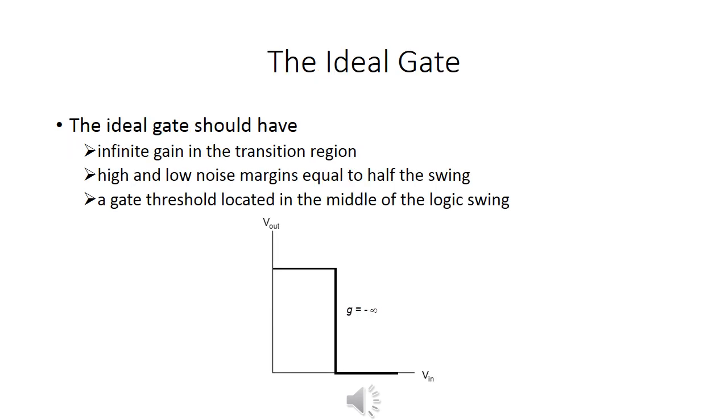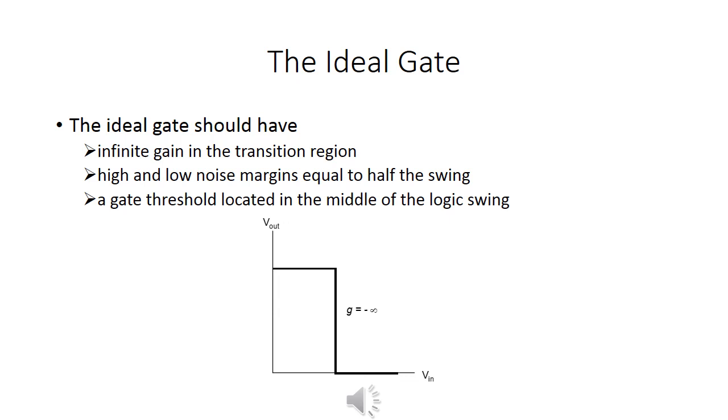Based on the observations we have made in the above slides regarding robustness, we can define the ideal digital gate from a static perspective. There is no ideal model, but the ideal inverter model is important because it gives us a metric by which we can judge the quality of an actual implementation or correlate the parameters of actual implementations with the ideal one.